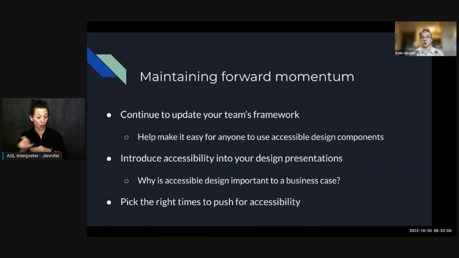You can dig your heels in and say, no, this is the best way to do it, and I'm going to stand by that. Or you can say, you know what, okay, we can have tool tips on this page, but I am going to go and find a better way to present the information you want to present in an accessible way. So whether you are making a stand right then and there, or going back to your own personal drawing board, you kind of have to make those decisions on the fly and on your own, with the support of your team, obviously.